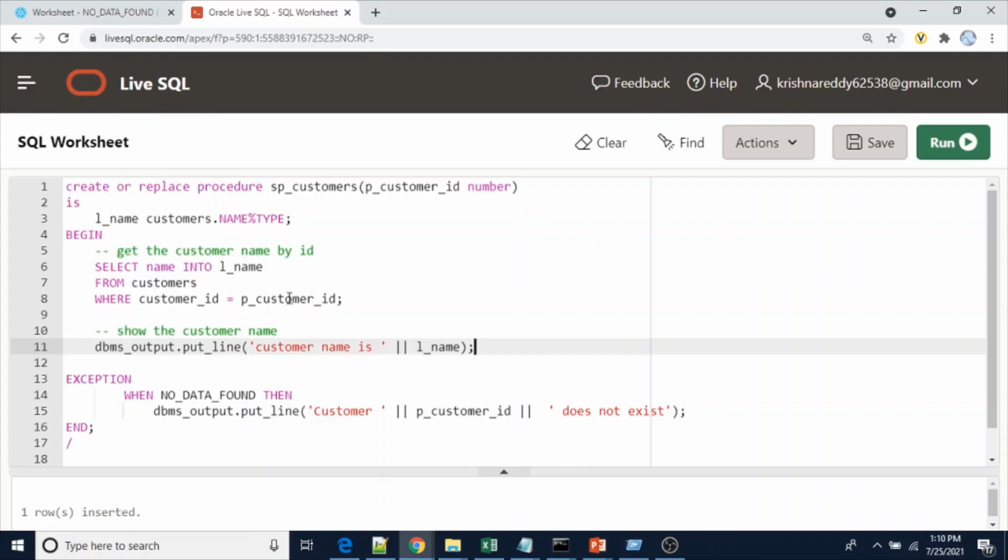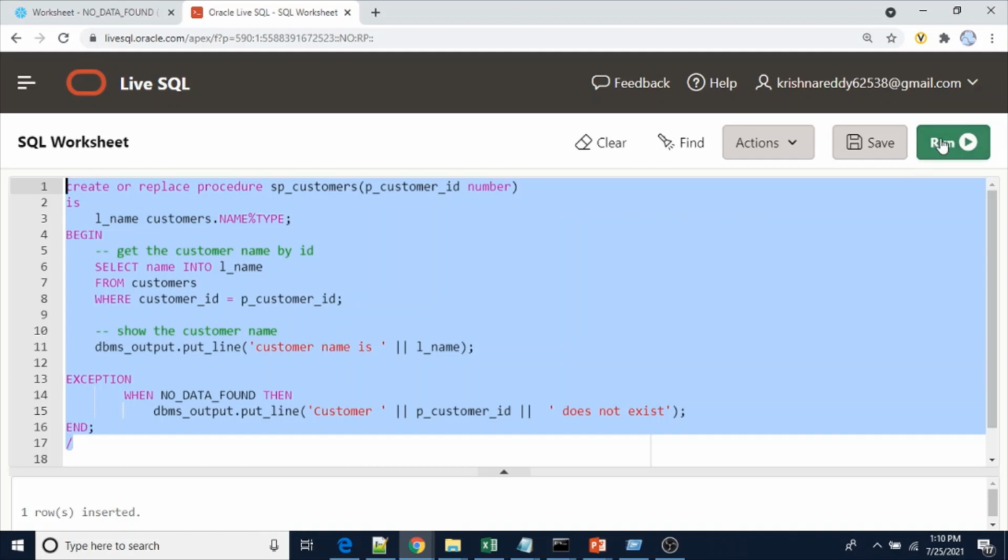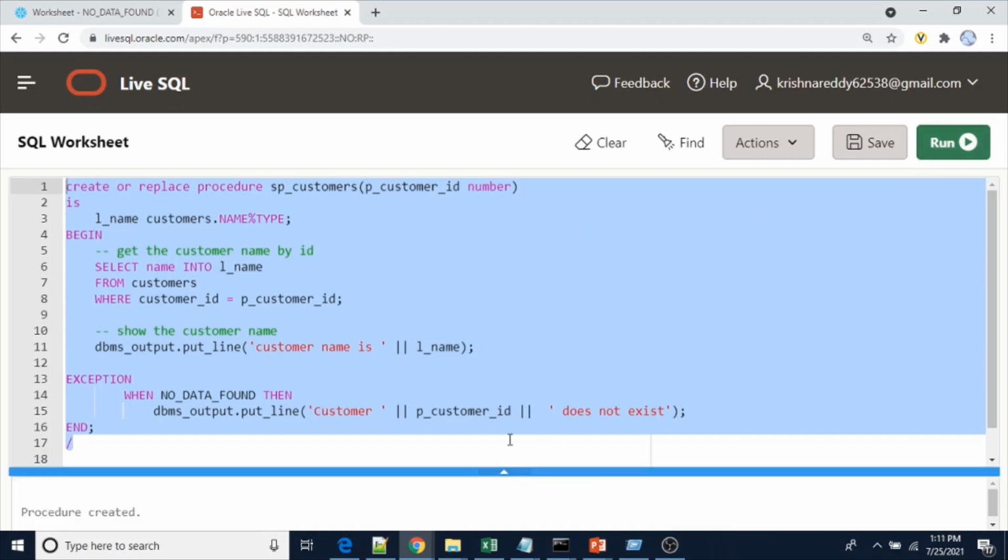Now let's see the same in action, in a demo. I already created a table in Oracle. Now I'm going to create this procedure in Oracle, and then I'll show you the output from Oracle. Procedure created.